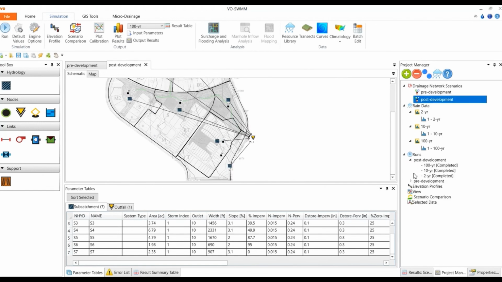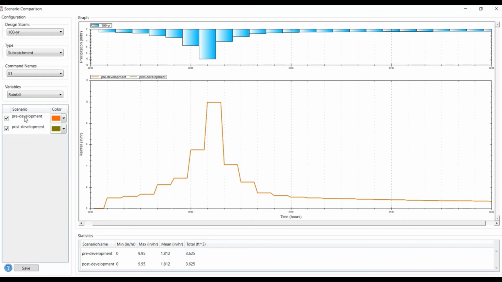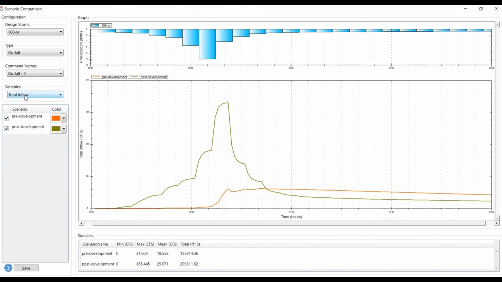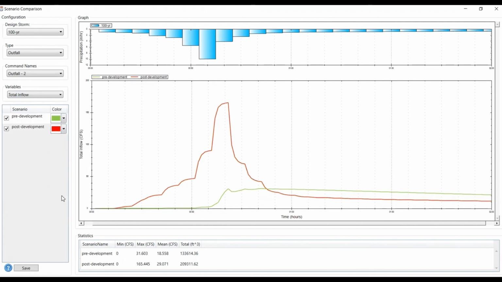I do have two model runs here, as you can see. And what I want to do right now is compare my scenarios, different scenarios with each other. So what I have is pre-development versus post-development. But what I want to compare with each other is my outfall, and I want to get the total inflow of my outfall. As we can see here, I'm just going to go for green and red. So my pre-development,